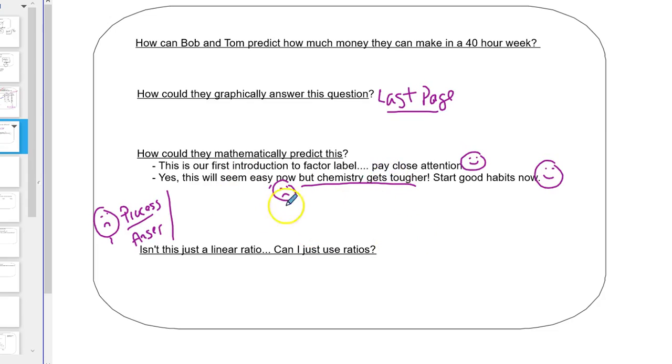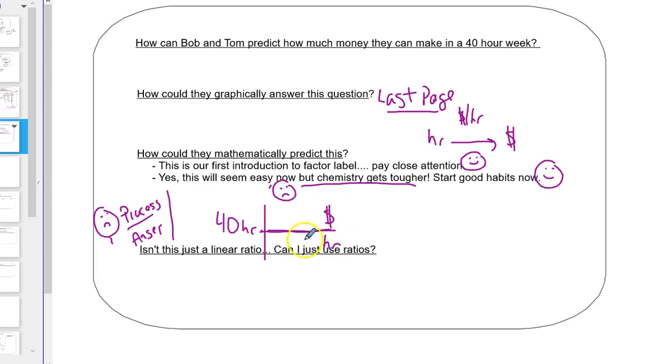How do I solve this? Well, first of all, I start with 40 hours, and I start using my relationships. I sometimes call this the dot line method. Mrs. Jackson likes to use railroad tracks. I like that too. It doesn't matter. So this unit has to cancel out and go to another unit. My plan is to take my hours and flip it to dollars, using the relationship of dollars per hour.